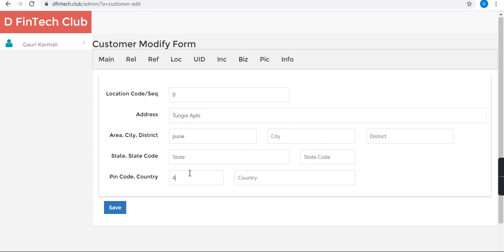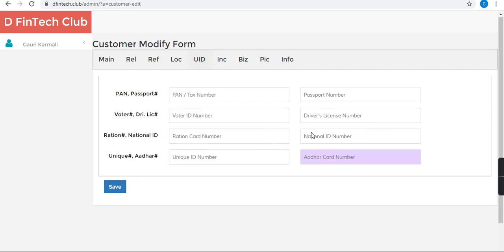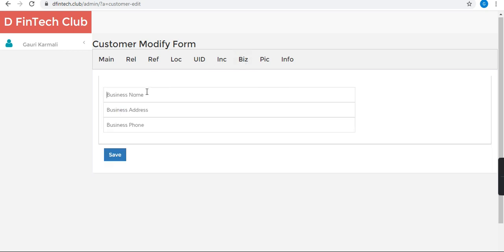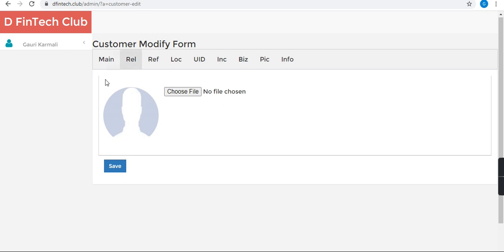Here the customer will fill all his details. Location details, here he is going to fill whatever user ID, that is Aadhaar card number, PAN card number, and whatever his business is. Here if he has a pic, he can upload a pic. Otherwise, I am going to save these details.